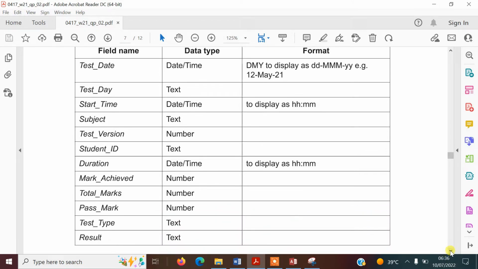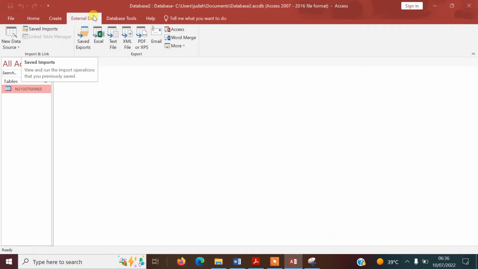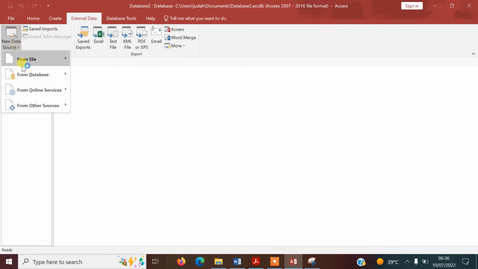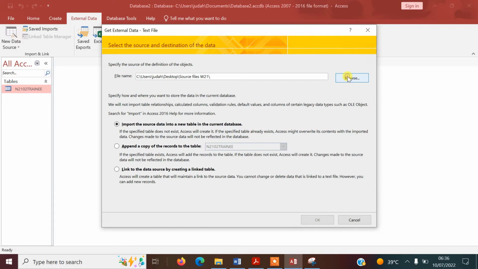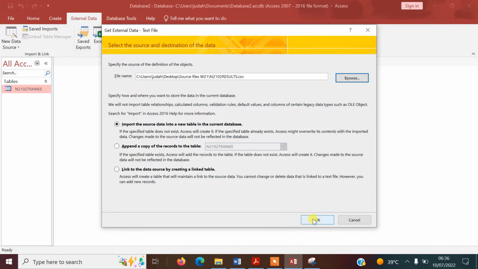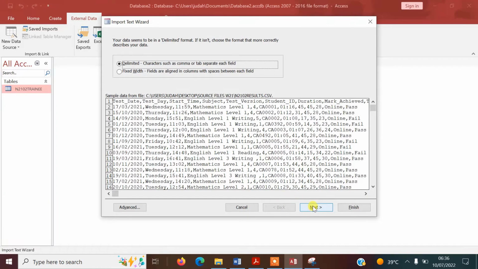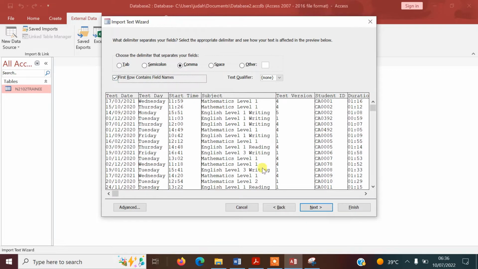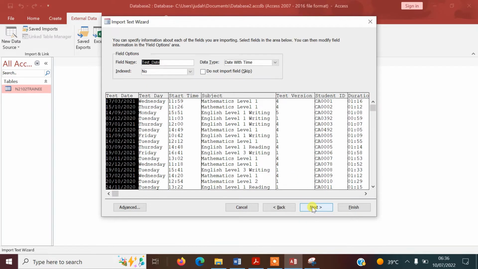So I'm just going to go ahead and import the file, and then I'll show you how to set up the data types. So again, I'm in external data, new data source from file, and it's text, same as before, and we're opening results this time, and it's going to be exactly the same as before. So the first row has got field names in it, and then we're going to have a look at the